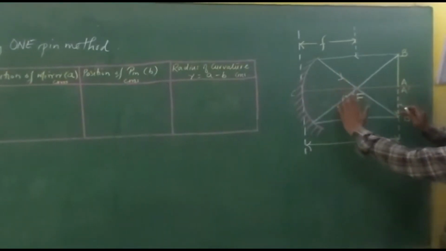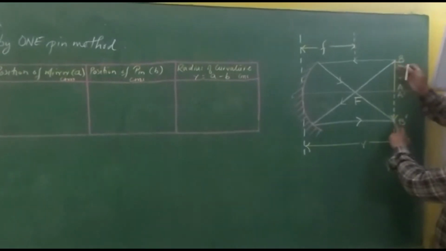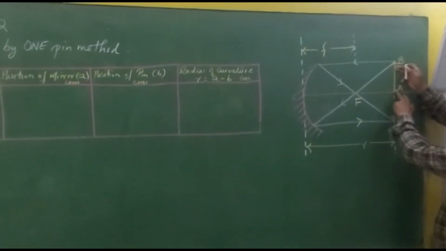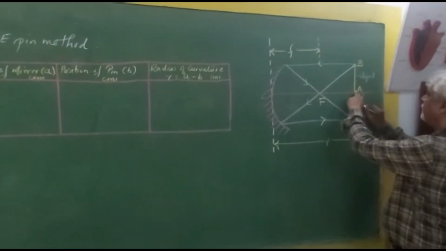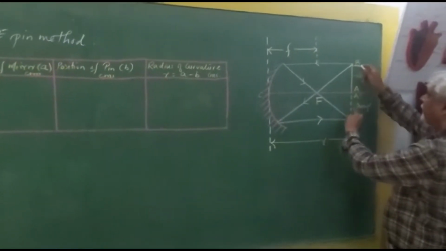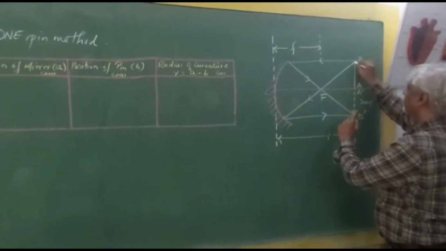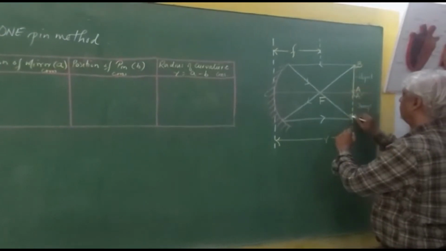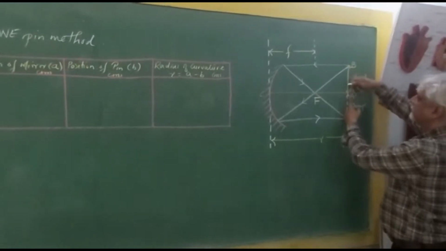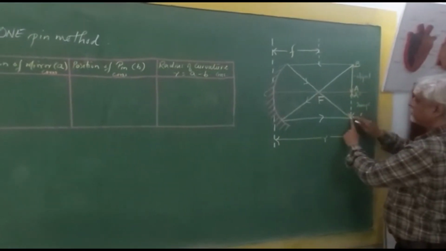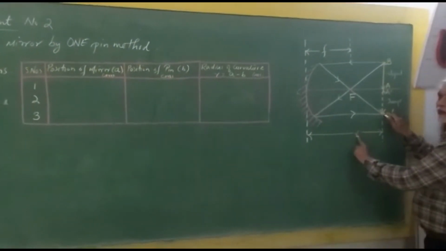And the radius of curvature R is the distance where the image appears. Here you put the pin, and this is your object, and here you have the image. When you get an inverted image like that, and the tips of the object and the image meet, the distance from this point to the center of curvature gives us the radius of curvature R.